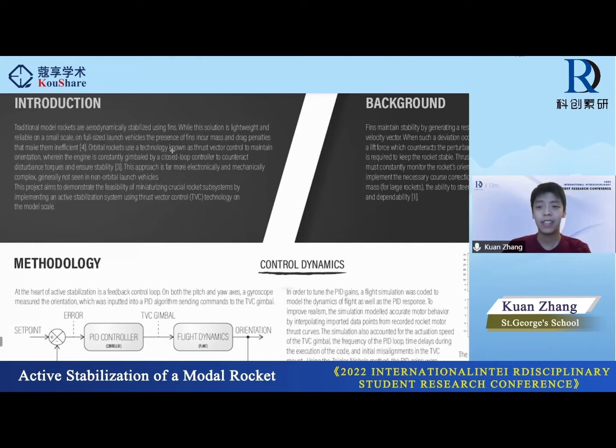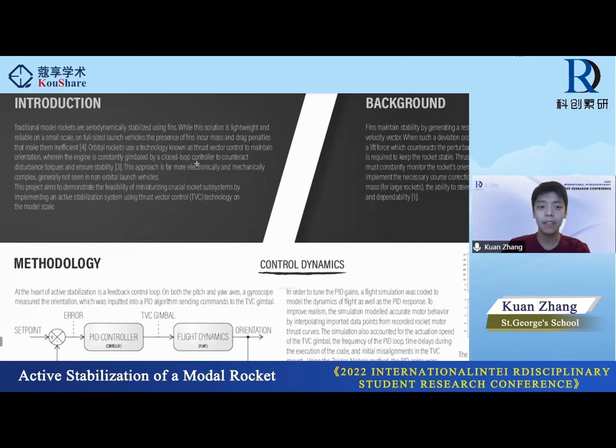Orbital rockets then use a technology known as thrust vector control to maintain orientation. In this system, the engine is being constantly gimbaled by a closed-loop controller to counteract disturbance torques and ensure stability. Now, this approach is usually far more electronically and mechanically complex because it involves accurate sensors, precision mechanical actuators, and specialized guidance software. So it's generally not seen outside of orbital class launch vehicles, and certainly not on the model